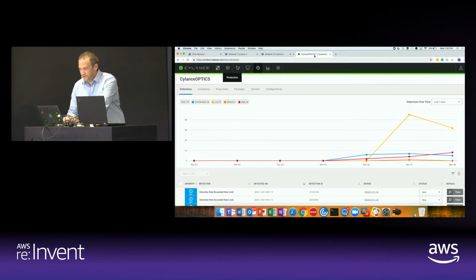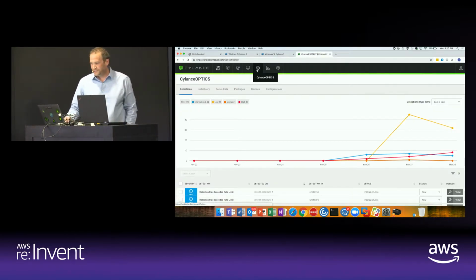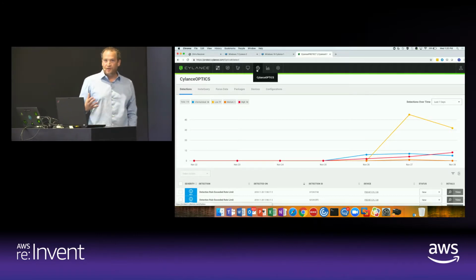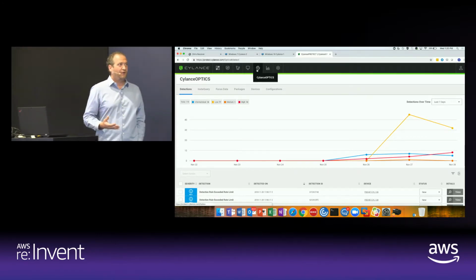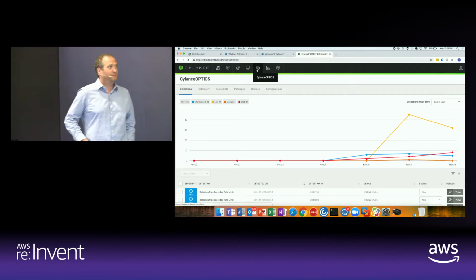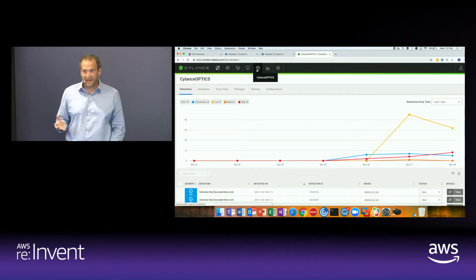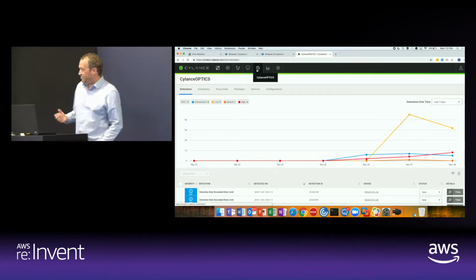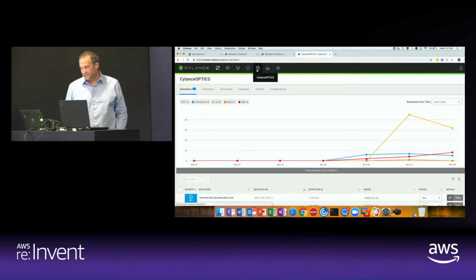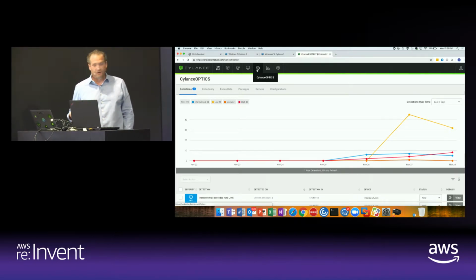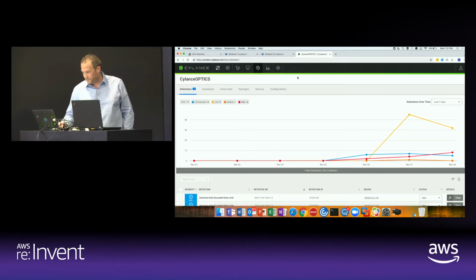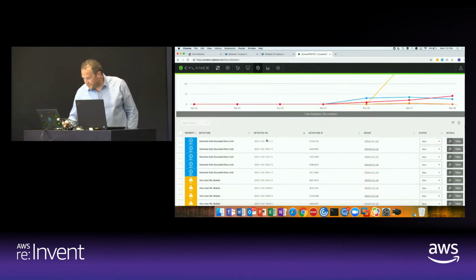I want to show you one other thing, and this is where the analysts are going to live. So your security analyst, or maybe you guys don't have any, it's the network guy that's actually running the security team. This is what he's going to be faced with. He's either going to be pushing this stuff to a SIEM, if he's lucky enough to have one, or he's going to be completely in this console working and looking at these detections and seeing who's trying to come in, what type of attack it is, and how to block against it for future purposes. So what we can do here is,